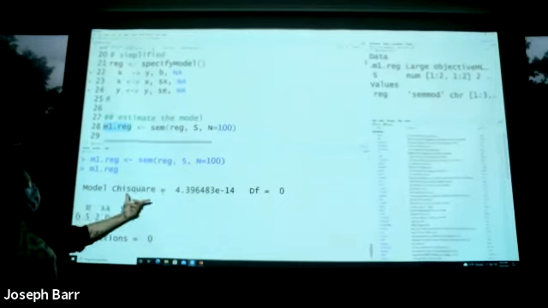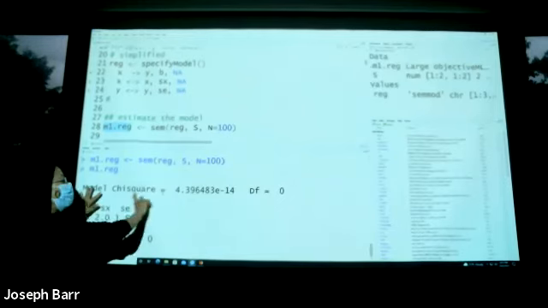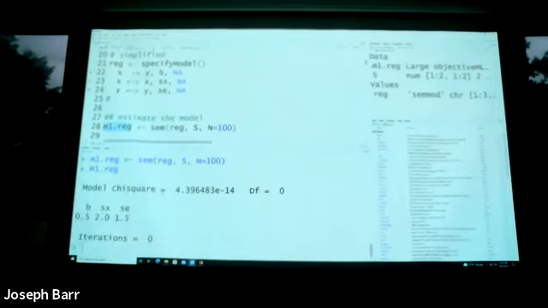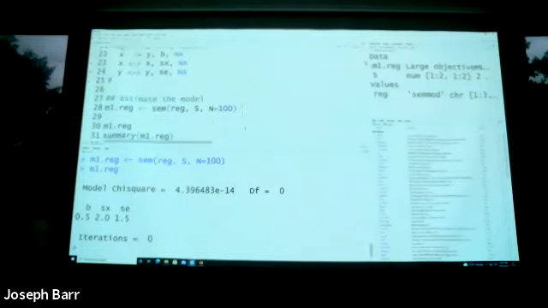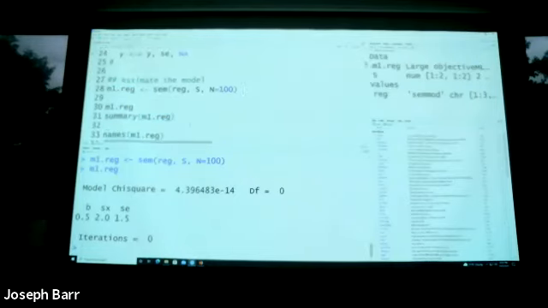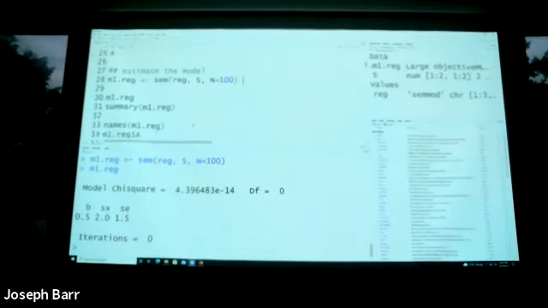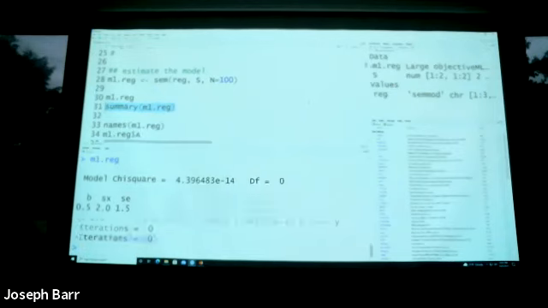And also we have the model chi-square value and degrees of freedom. We will talk about this later, how to calculate the degrees of freedom and the model chi-square value. And that's it. But again, this is too simple. We don't have any additional information. Again, just like we reviewed in the previous week, we can use summary, ANOVA, or other names to look at the details. So for example, summary of the result.